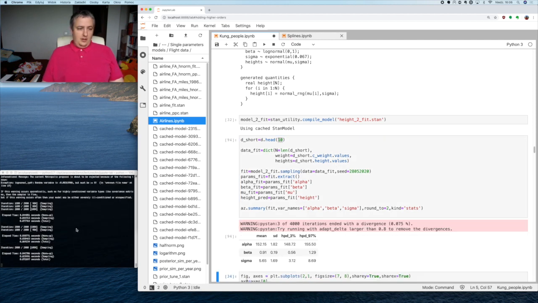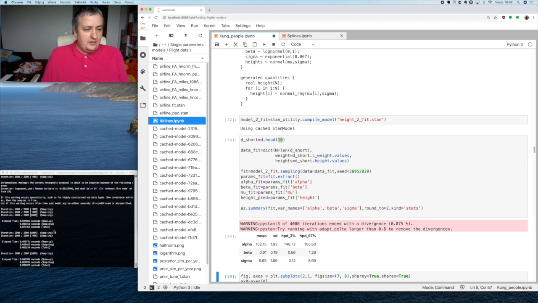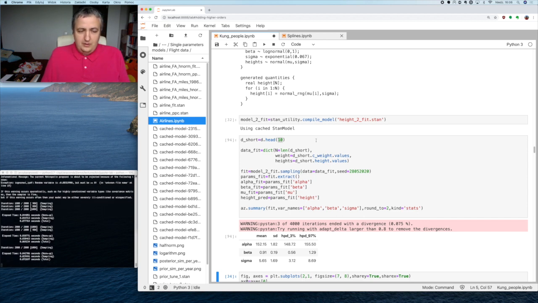We get our model sample very fast because it has very little data. As you can see, the samples went very fast. However, there are some problems that come from something called divergences. This we won't be discussing too much at this moment, but really this comes from the situation that we have